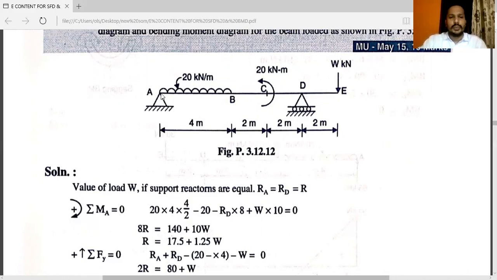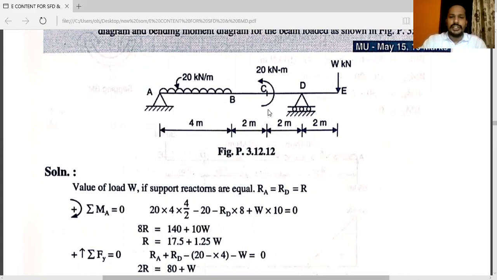anti-clockwise negative, clockwise positive. You can see the assumption, that is clockwise positive. So here, first of all, you have to start from left. See, RA is passing through the same point, so the moment will be 0. Now, this 20 kilonewton per meter, first of all, you have to convert into equivalent point load. So 20 into 4, that is 80, and it will act vertically downward at a distance of L by 2. Now the length of this UDL is 4, so 4 by 2, that is 2. So it will act here, and it will move in the clockwise direction. So 20 into 4, that is equivalent point load, into 4 by 2, that is perpendicular distance,